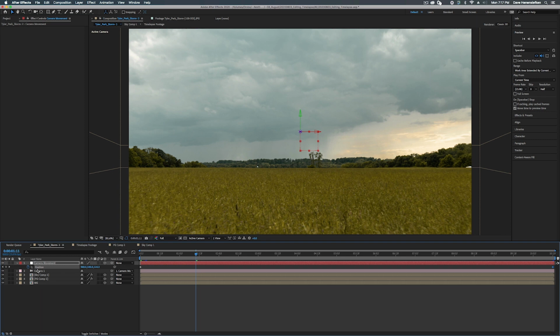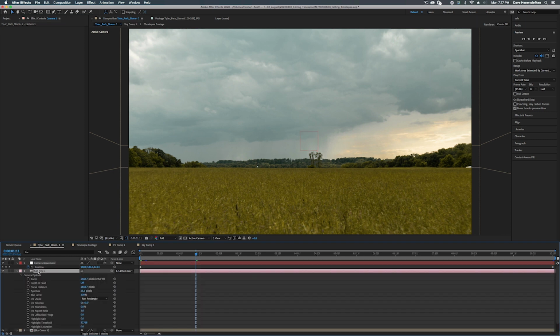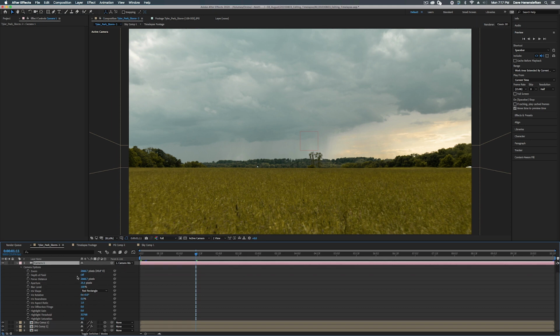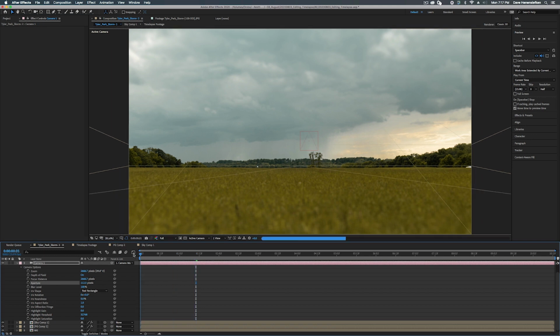Now, something else we can do is we can select our camera, double tap A, and we can turn on our depth of field. And we can turn up our aperture by a whole bunch here. And if we go to our first frame,